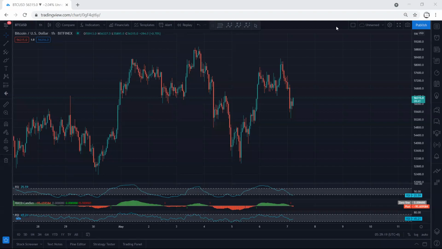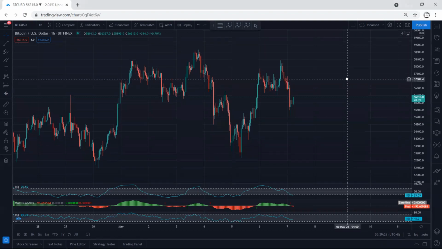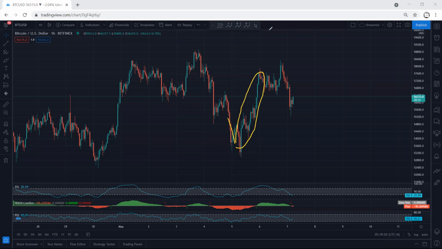Bitcoin, we start with the 1 hour chart. First of all, if we refer to our analysis, we have been looking for buy, since the price was within this move, and this is what we get. And beside that, when the price was exactly within here, we mentioned if we get a correction, we can look